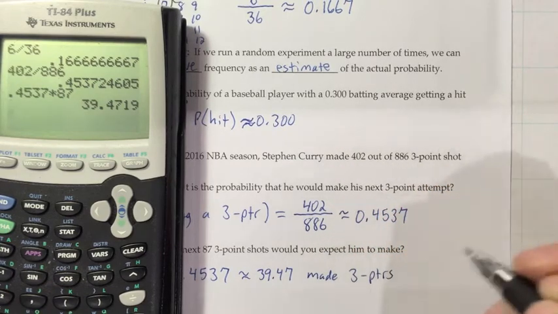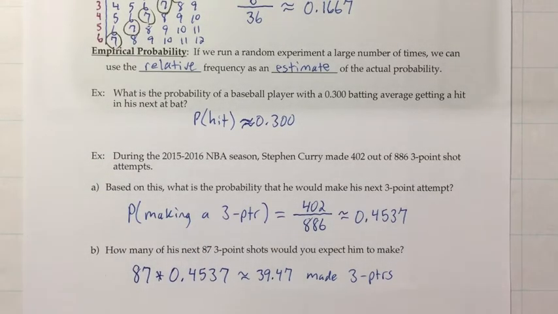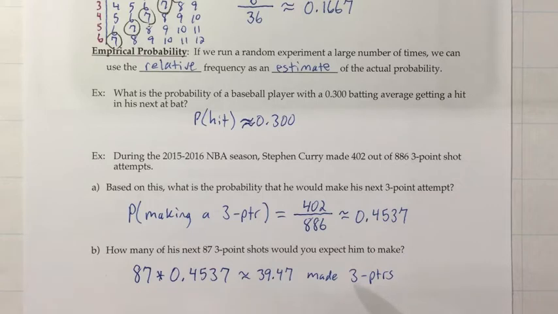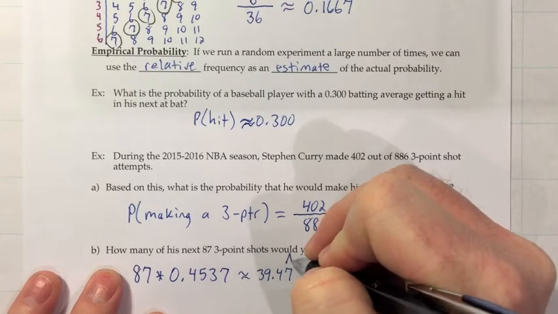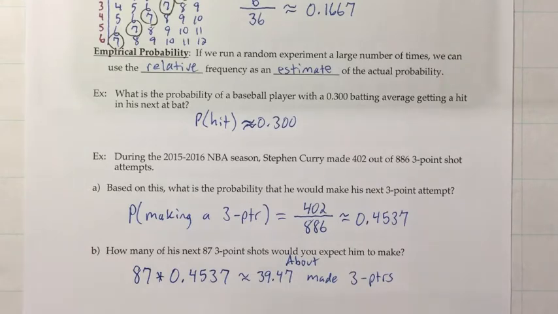There's a couple things you could do there. You could take that number and say, well, it doesn't make sense to say he's going to make a decimal number of threes, so I'll change that to about 39. But you'll find out later in statistics we consider this to be sort of an average, and even when the result can only be a whole number, it still makes sense to talk about the average as a decimal. So you don't have to change that to a whole number, but that would be a reasonable thing to do as well. I'd just go ahead and leave it like this, and I would use in my answer the word about, because there's no way he's going to make that many exactly. So I would say he'll probably make about 39.47 of them, meaning it'll be nearby.